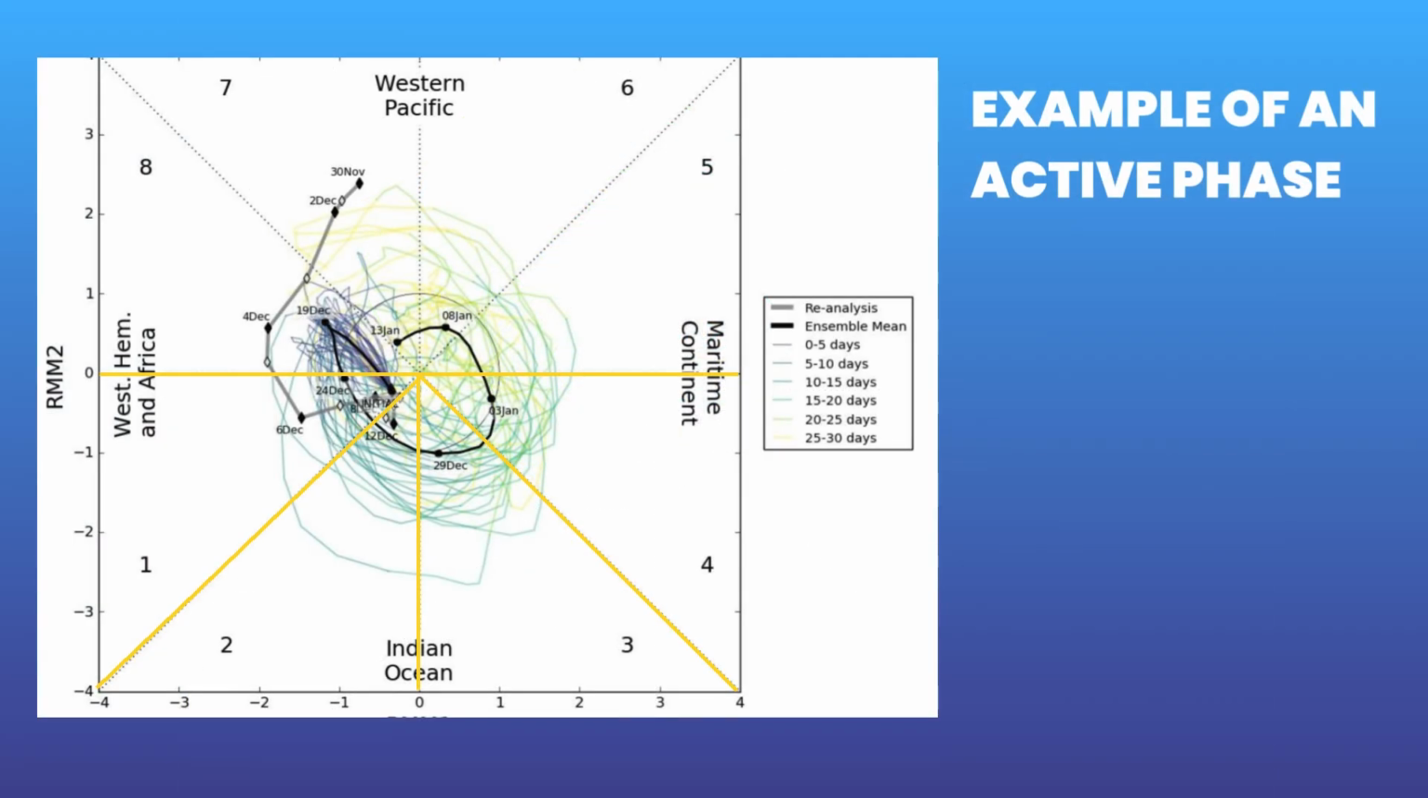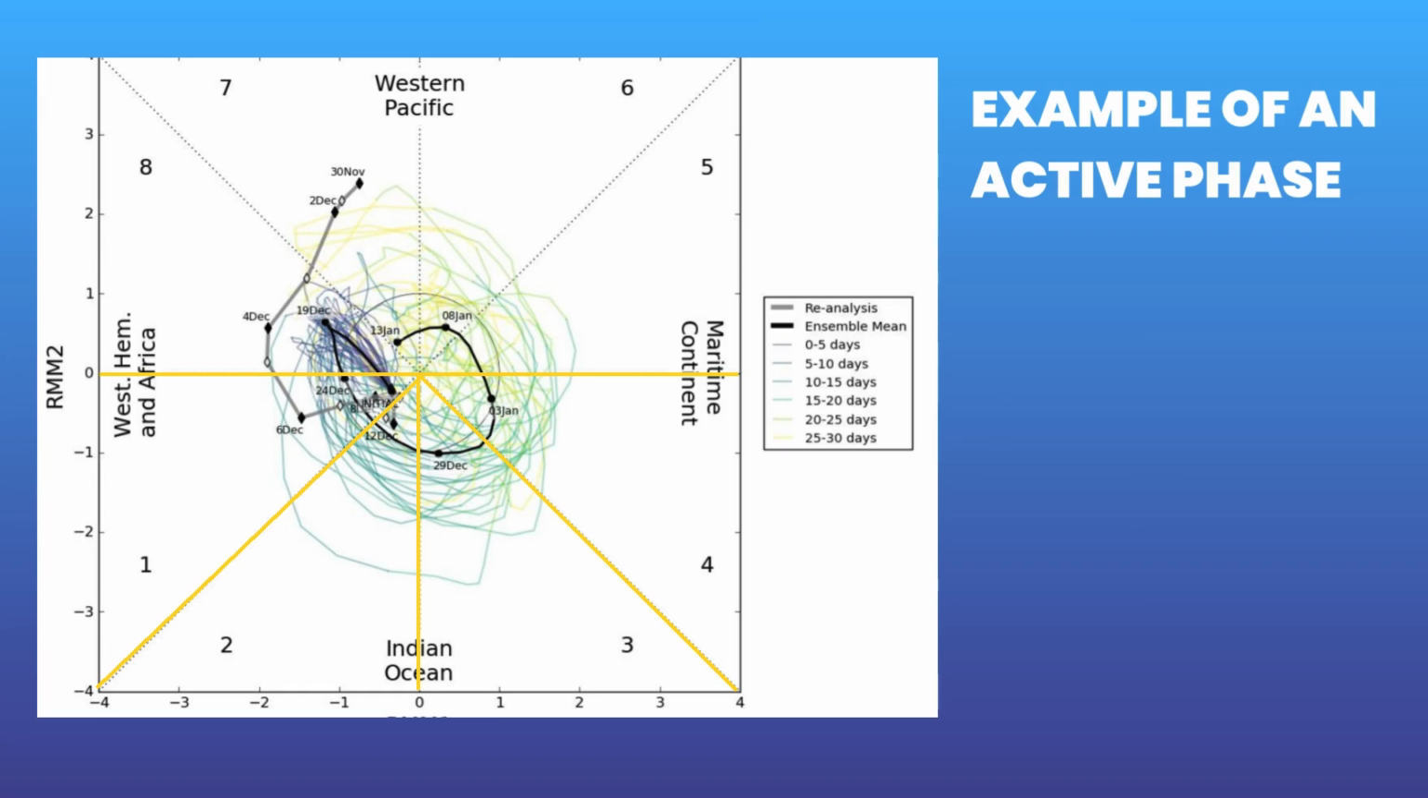For those focusing on the Indian Ocean or the South Pacific, identifying when the line enters phases 2, 3, or 4 is critical. When the ensemble members, the various potential paths shown on the diagram, cluster together and move deep into these phases, it indicates a high probability window for increased tropical activity. This is because the MJO is providing the necessary atmospheric lift that allows small clusters of clouds to organize into